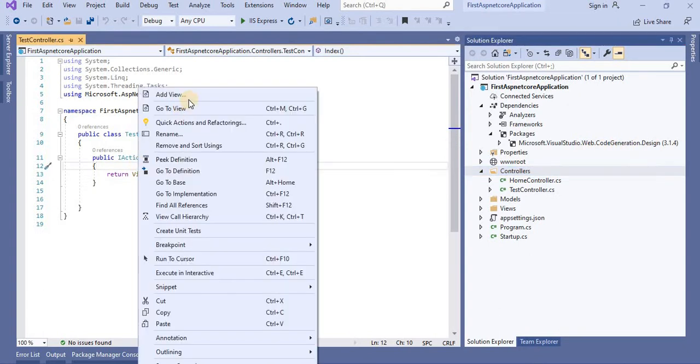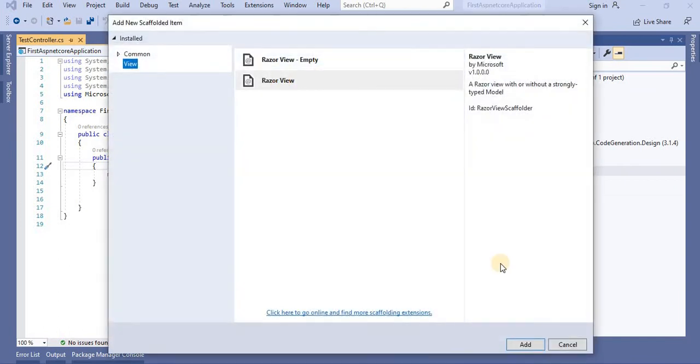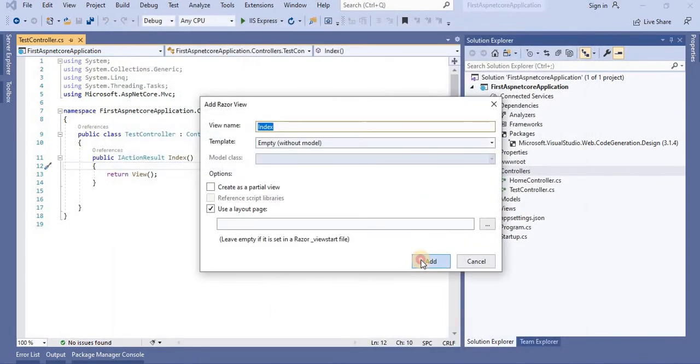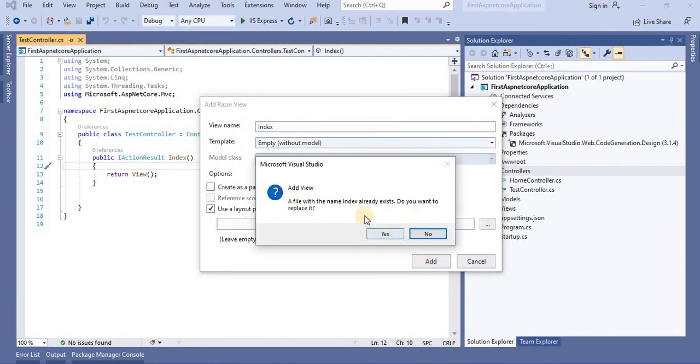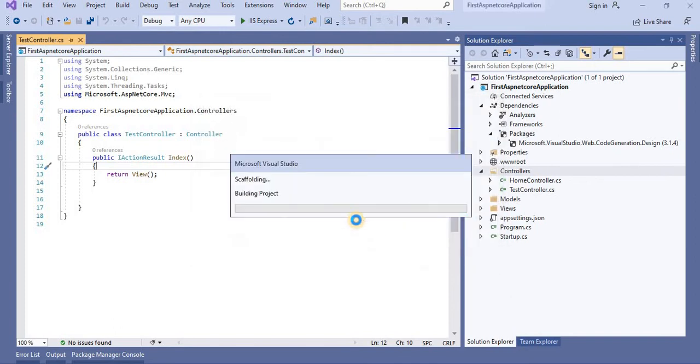Now if I right click on this and click on Add View, and select the view, it currently says a file with the name already exists. Do you want to replace it? I will say yes. Once I click on this, under the Views folder it will create a Razor View with the extension .cshtml, because we have selected this project with the C# programming language. Once it is done, we will see under the Views folder that it creates a folder called Test, and inside the Test folder it creates a view,